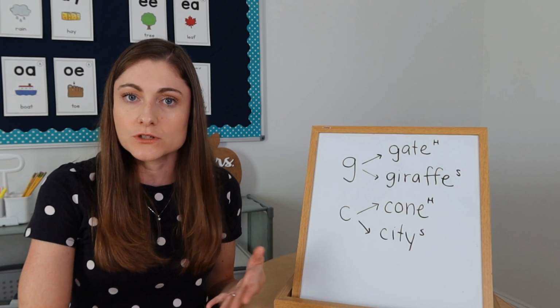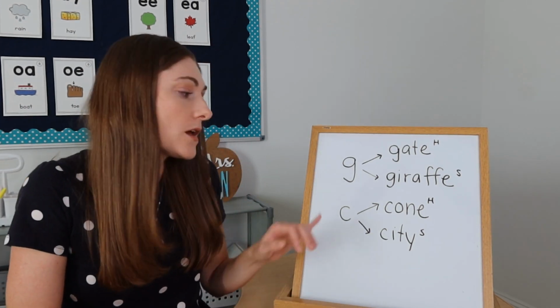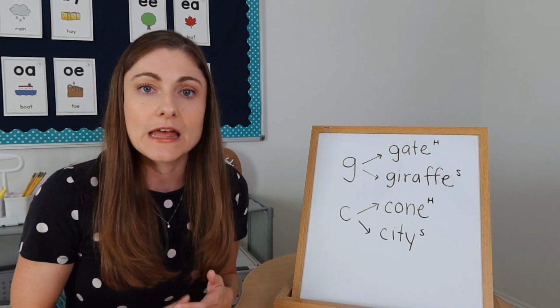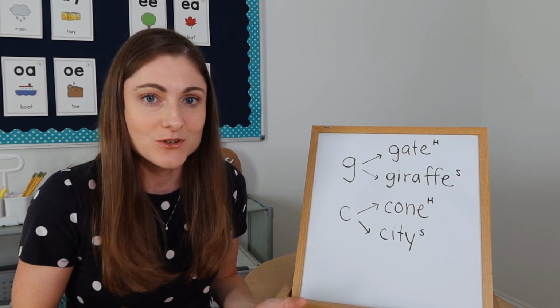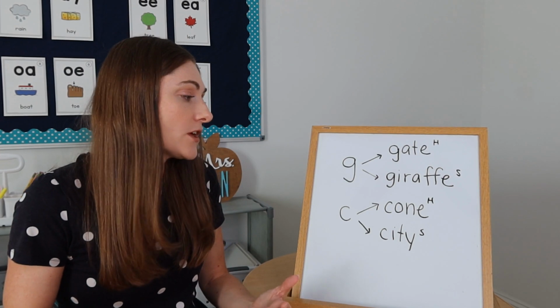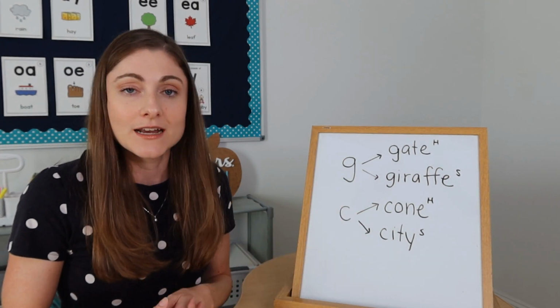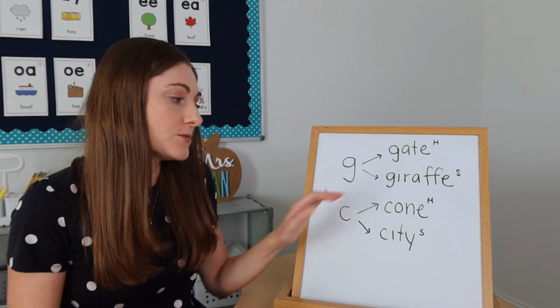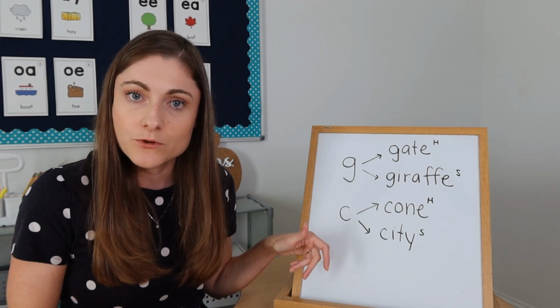Really, my goal is just for them to be able to decode words when they come to one that has a soft C. And if they're not sure which sound to try, all they need to do that I teach them is try the hard sound k and try the soft sound s, and eventually they'll figure out what it is, right? So they have to be flexible. So I'll introduce that in first grade.